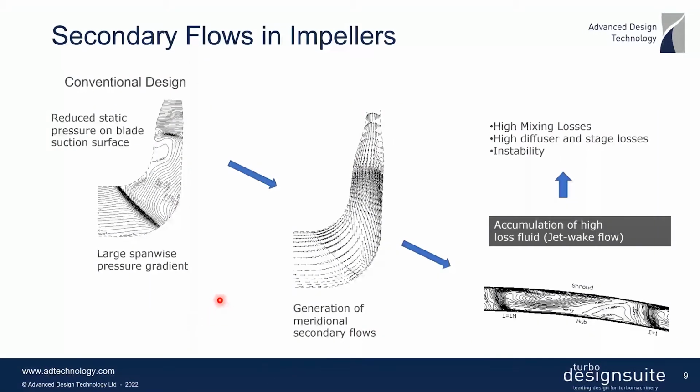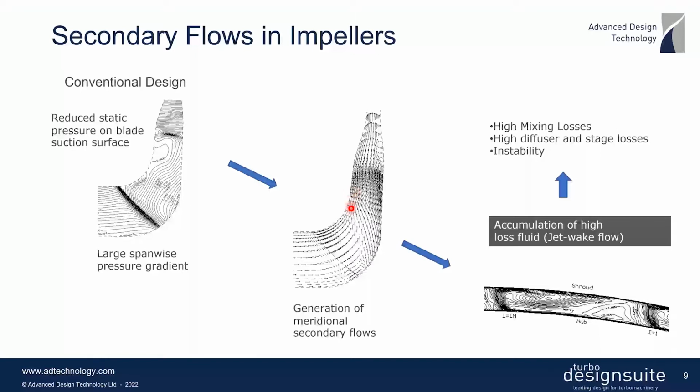And actually, the specific speed of this impeller is about 280, using head in meters, RPM, and flow rate in meter cube per minute. And what you see here is the CFD prediction of this conventional design, very close to the suction surface. And what we actually notice is quite strong secondary flows. So what you see in this middle figure is actually we are looking inside the boundary layer, and these flows seem to be carrying this low momentum fluid on the suction surface and dumping it onto the shroud suction surface